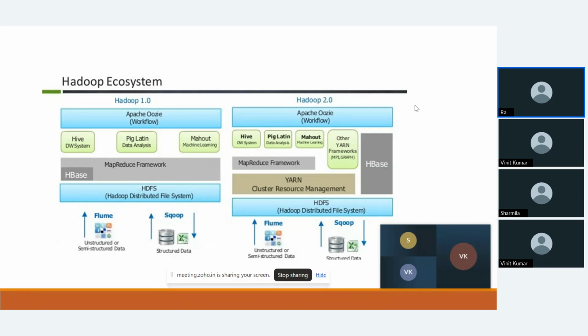But when we were moving beyond 4,000 nodes, there were some lacks they found in terms of performance in Hadoop 1.0. Because at that point of time, they found this MapReduce was getting overburdened with this huge task like cluster management. So they have come up with another